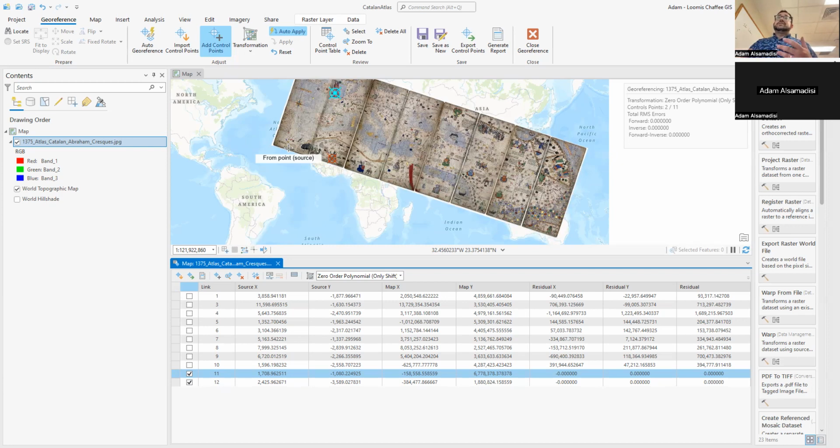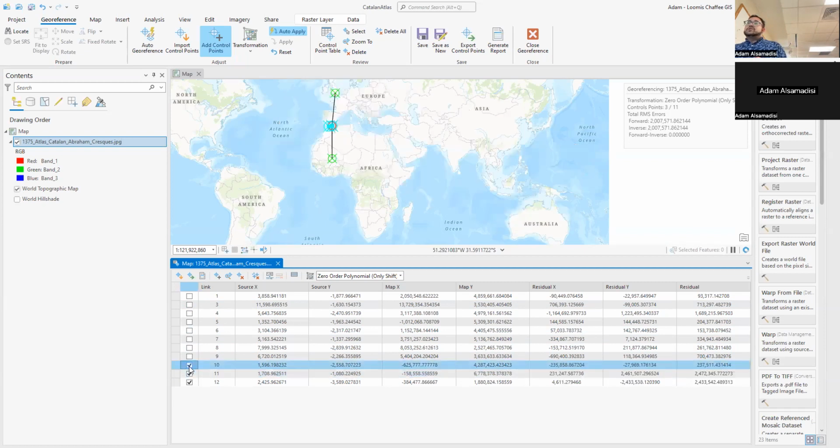the ability to georeference, in which you're referencing a digital map of today that we've all grown accustomed to, the background of this map, onto an old map. Okay, so what I have here is the map, and what I've added is what's called a control point. Okay, if I add this control point,